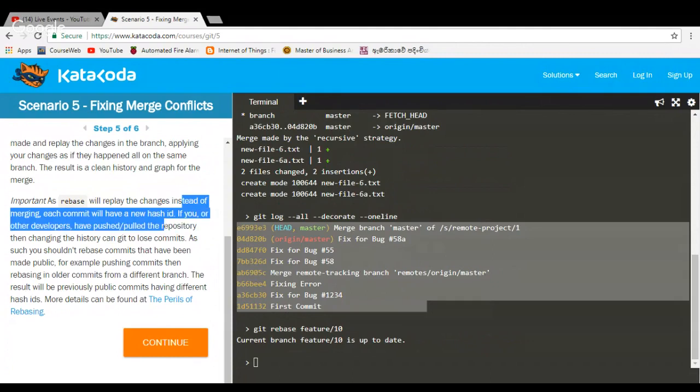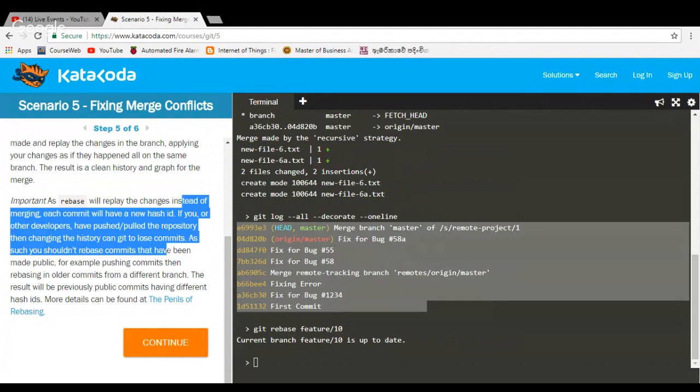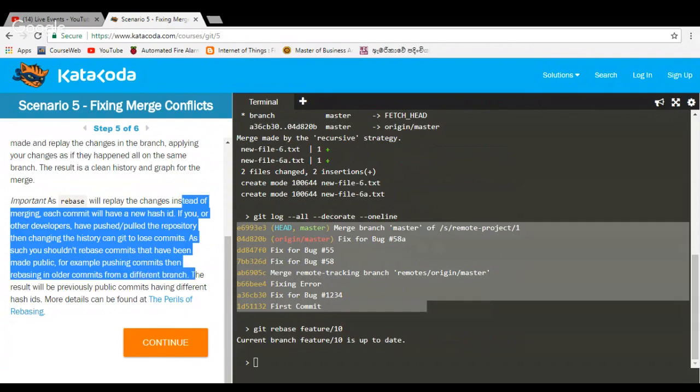If you rebase commits that have been pushed, the result will be previously public commits having a different hash. More details can be found at